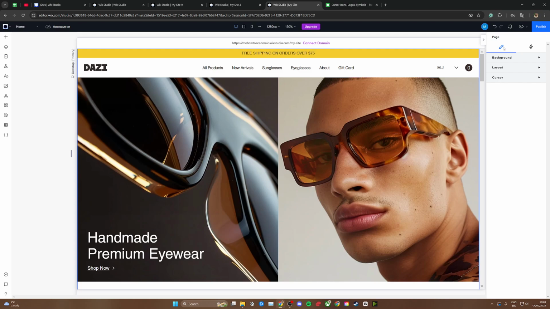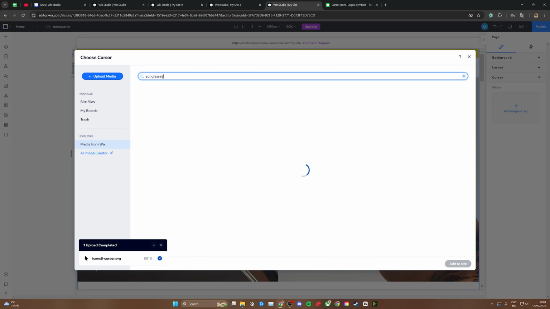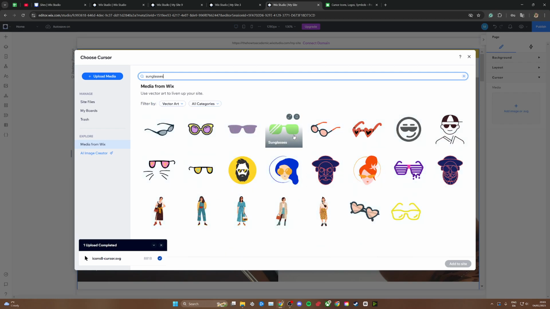Once you've done that, make sure you're on Design and then go all the way down to Cursor here and click Upload Media. You can upload an SVG file or you can choose from Wix's options right here. Let's say I wanted to add sunglasses. I could choose any of these if I wanted this to be a cursor, for example, because this is a